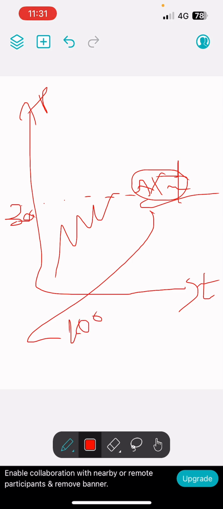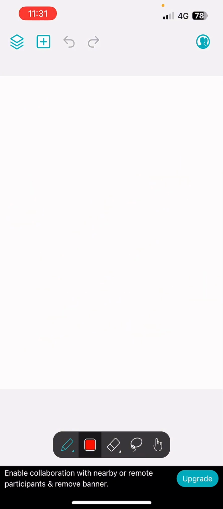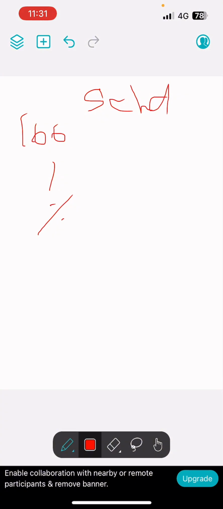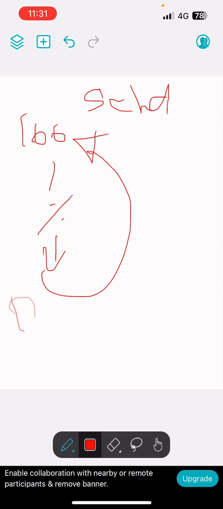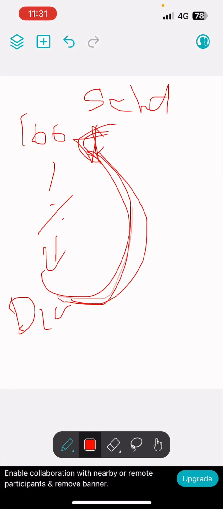And these 100 shares are going to our LTI. What is LTI? It is our long-term investment portfolio. Okay, and then we're going to have 100 shares of SCHD. And these 100 shares are going to provide us some yield. And from this yield, we're going to buy more shares of SCHD. Every time you get the dividends, we want to convert this into more shares, more shares, more shares.